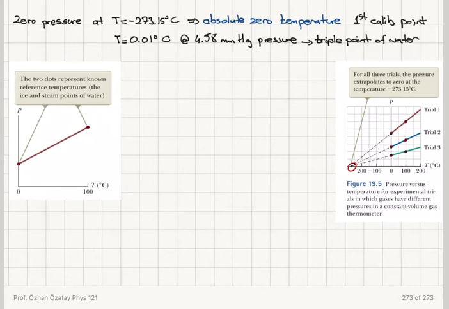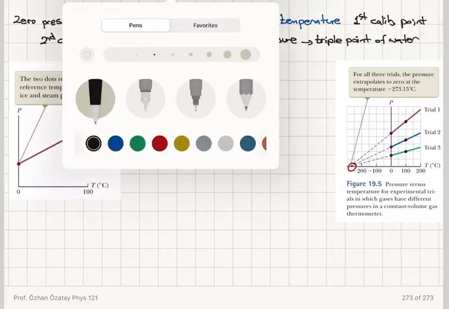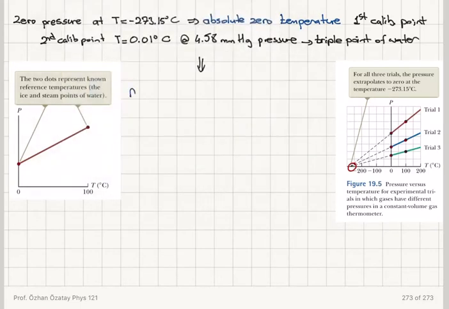What is the triple point of water? Gas, liquid and solid coexist. So this is another reproducible point. It's the second calibration point, and this gives me the absolute temperature scale,